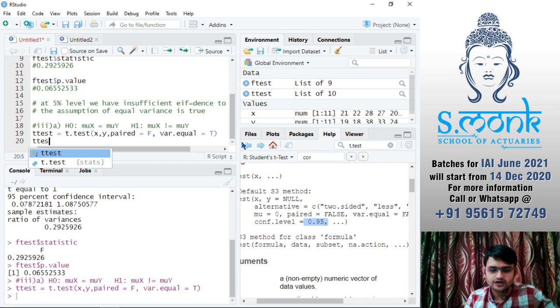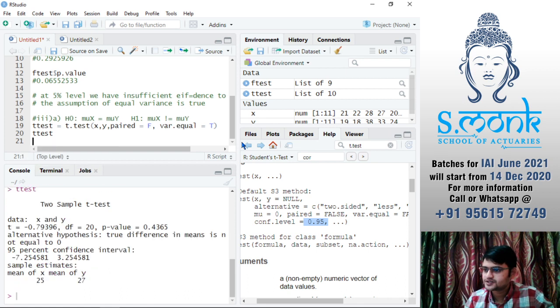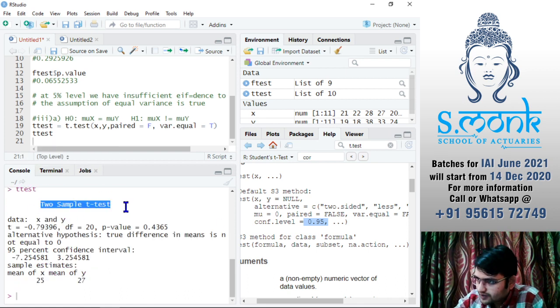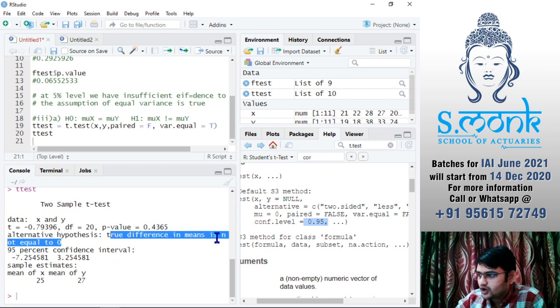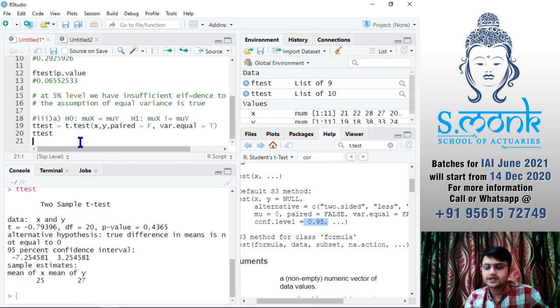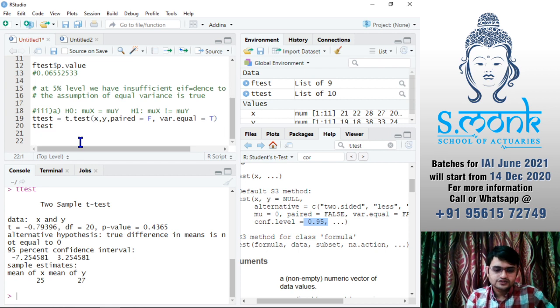First I will check, just press control enter, and here you can see the two sample t-test. This is our statistic, degrees of freedom, p-value. Okay, alternative is mean not equal to 0. We have the confidence interval and sample means. So it worked perfectly.